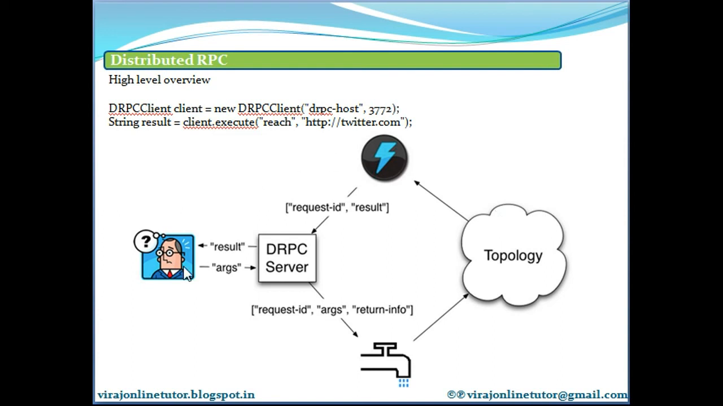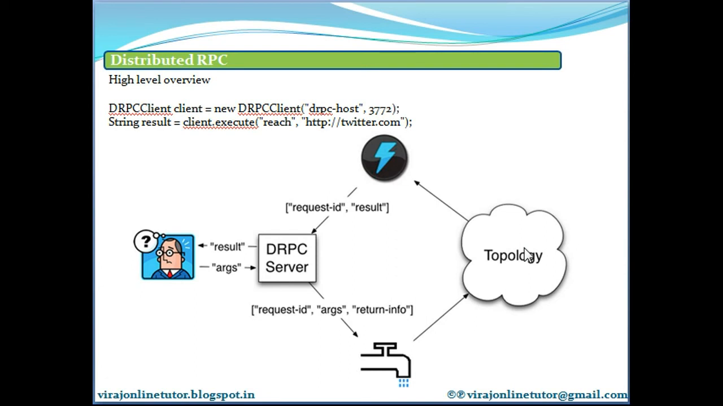So here a client sends a distributed RPC server the name of the function to execute and the arguments to that function. The topology implementing that function uses the DRPC spout to receive a function invocation stream from the server. Each function invocation is tagged with a unique ID by the RPC server. The topology then computes the result, and at the end of the topology, a bolt named return results